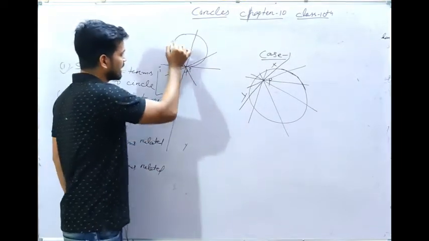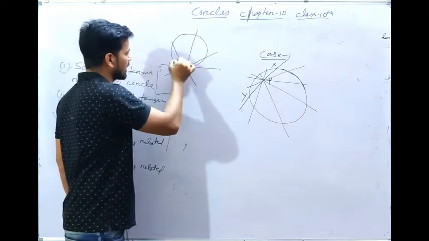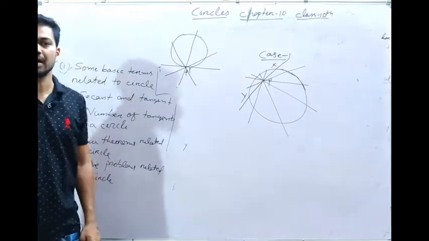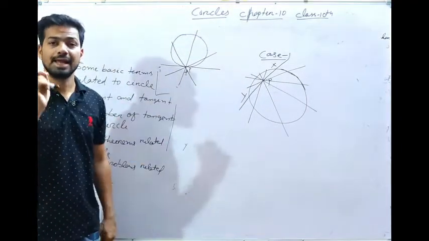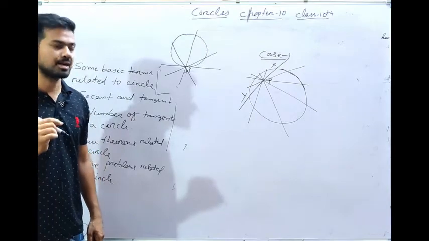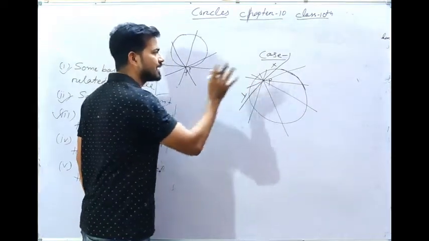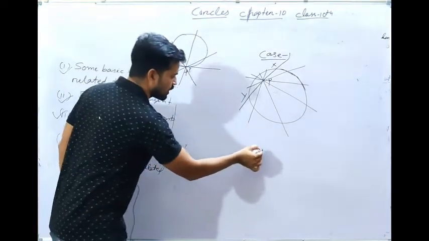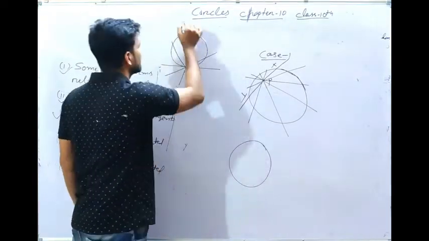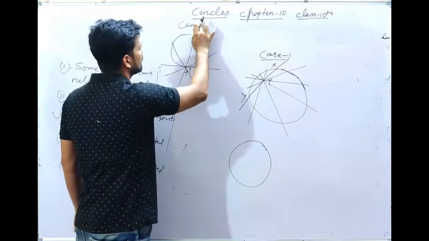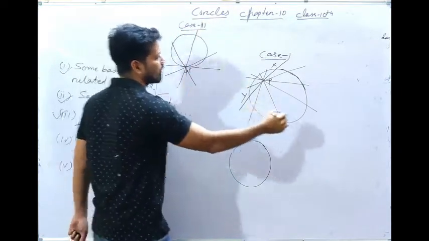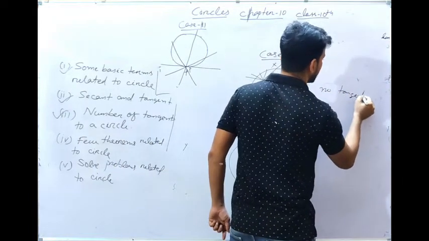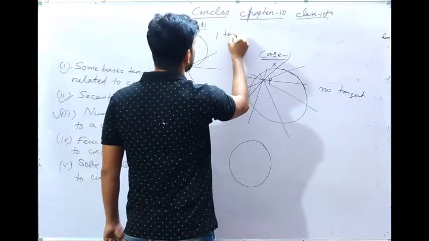मतलब सर्किल के ऊपर जो पॉइंट है, सर्कमफेरेंस के जो पॉइंट्स होते हैं, उस पॉइंट से हम सर्किल के ऊपर एक ही टेंजेंट ड्रा कर सकते हैं. मतलब इनसाइड ऑफ द सर्किल से 0 टेंजेंट, ऑन द सर्किल से 1 टेंजेंट. अभी ये है मेरा केस 3, ये केस 2. केस 2 याद रखना आराम से. ओके, केस 1 नो टेंजेंट, 1 टेंजेंट,